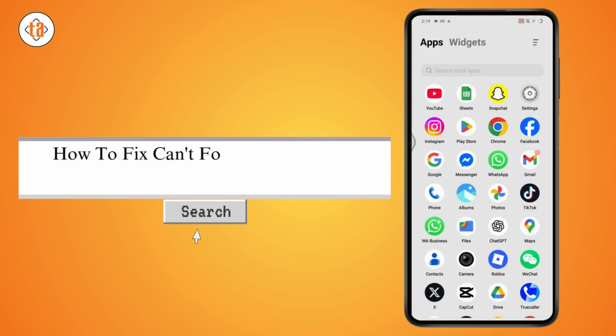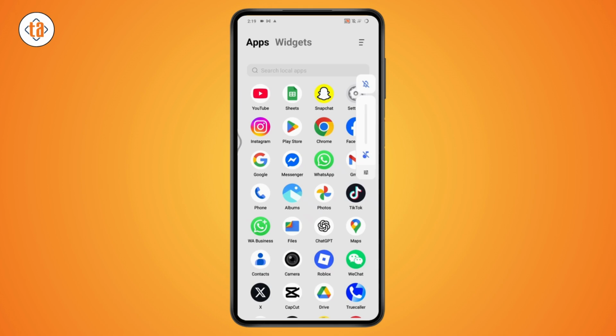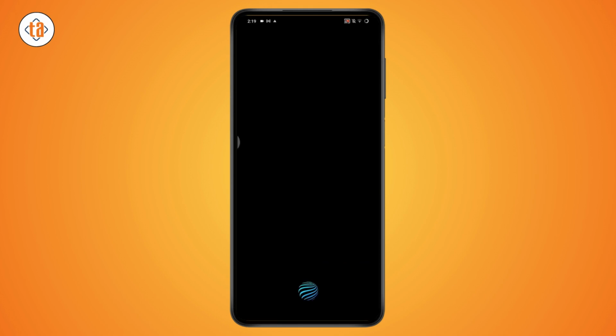How to fix can't follow anyone on TikTok. So if you want to fix can't follow anyone on TikTok, then first you need to open up your TikTok